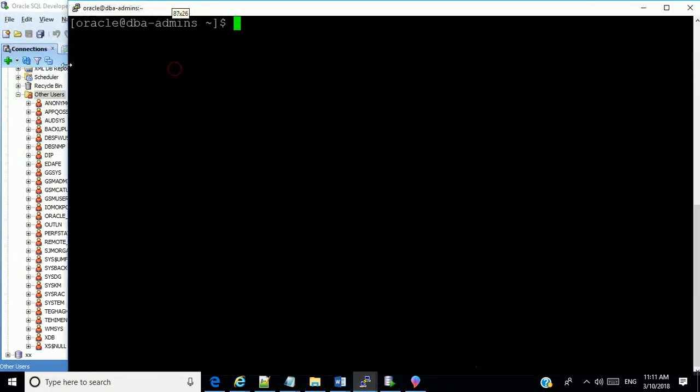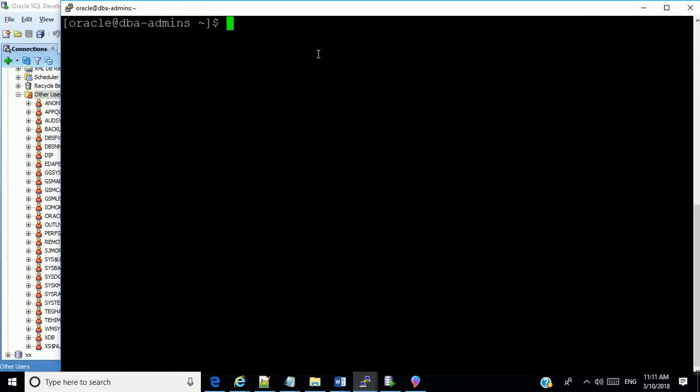With this connection, first of all, I'm going to identify all the Oracle instances that are running right now. So I list all the processes running, and I filter out the PMON process.